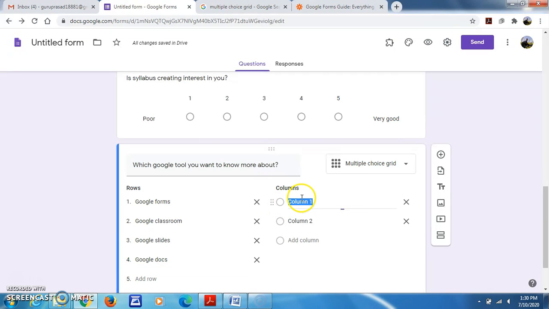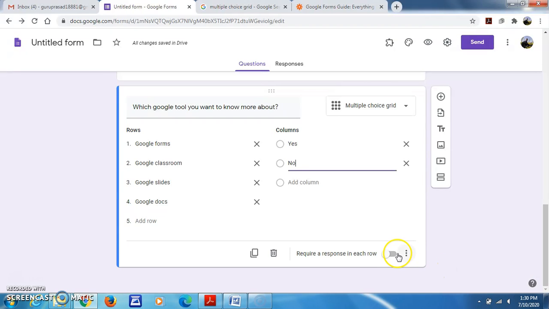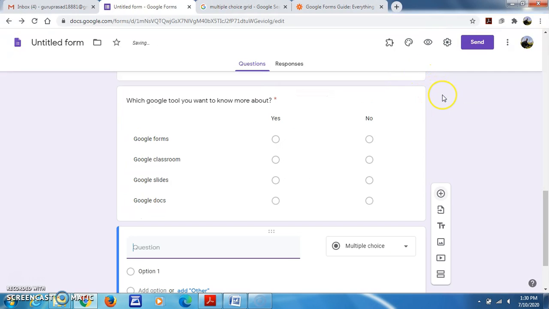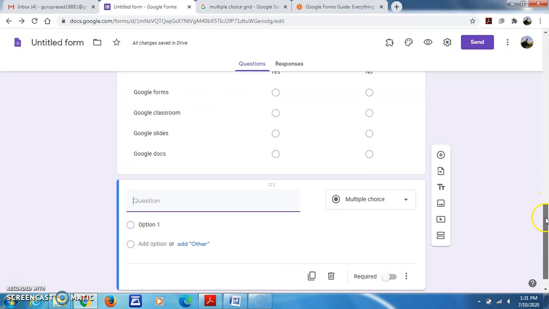Answers has to be first column yes, and second column I need only no. That much is enough for me. So I'll fix that much only, and require a response in each row I want. So I create like this. So the question looks like this. Which Google tool you want to know more about? So Google Forms, you either yes or no. Google Classroom, yes or no, like that. So whichever you need, you can click and go for it.